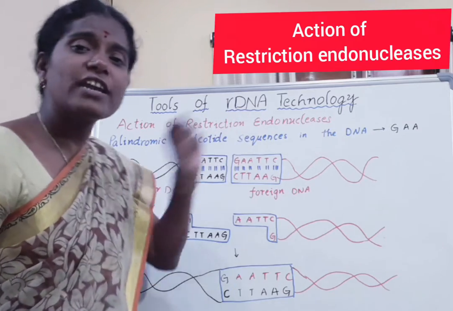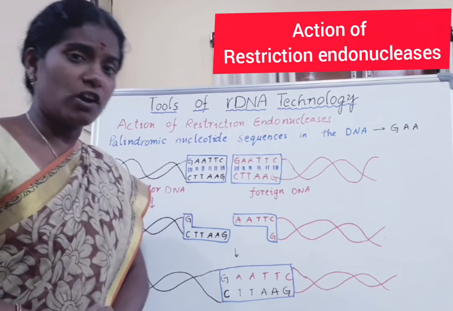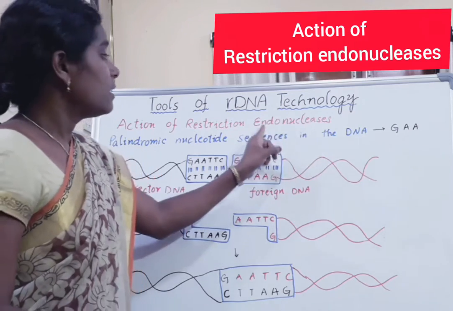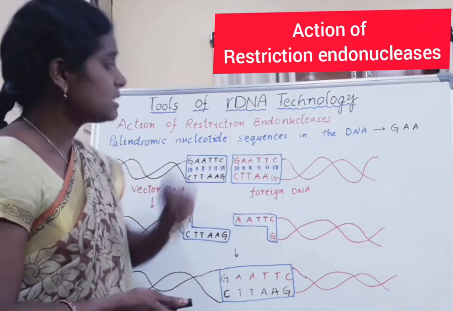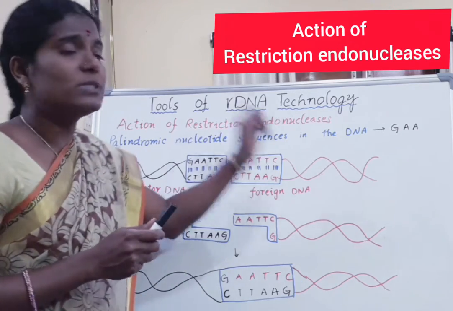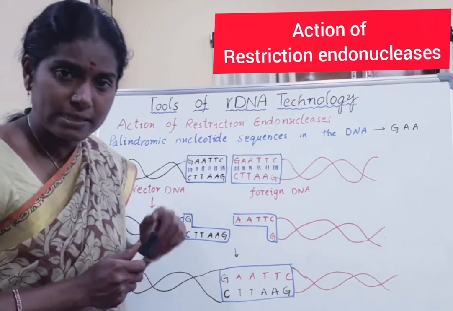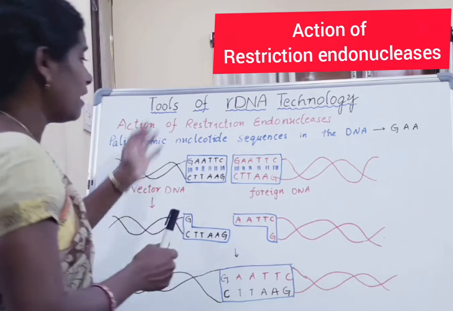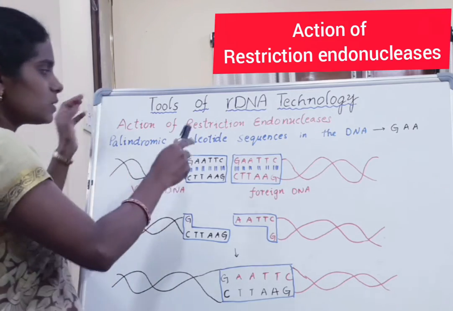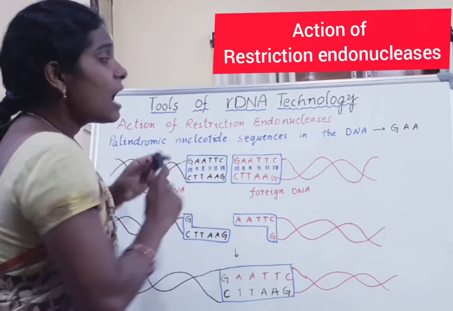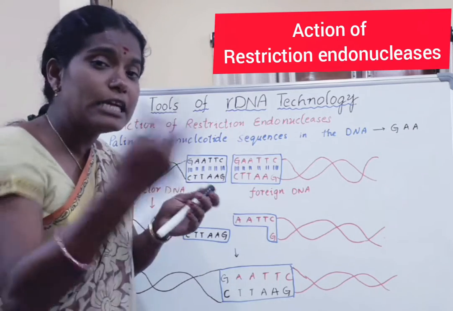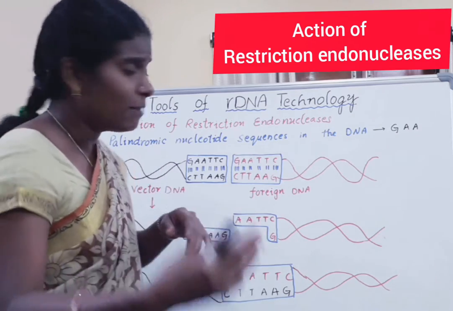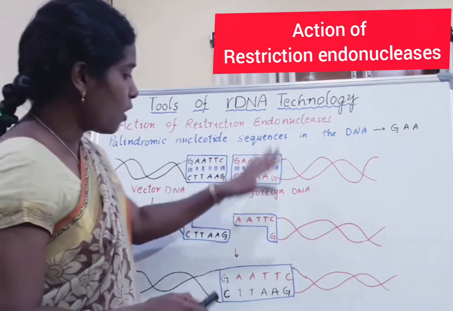Action of restriction endonucleases. In a previous video I already told you that restriction endonucleases are the molecular scissors. They are a type of enzymes, nucleases, which are used to cut DNA at palindromic sequences. Palindromic in the sense of a number of base pairs; a few base pairs we can observe in the DNA fragment. So here the restriction endonucleases are used to develop DNA into sticky ends or cohesive ends. How the cohesive ends develop with the help of EcoR1, we are now going to observe.